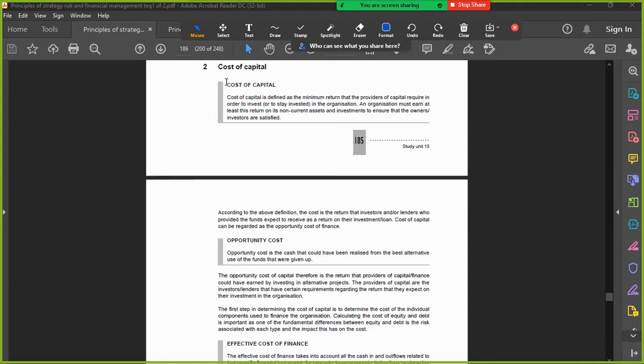Okay, so cost of equity, cost of capital, actually. Obviously, you've got two different costs. You've got debt and you've got equity. Right here, they've just defined the cost. This could probably come up in a theory question, so this could be like multiple choice, maybe. I don't think they'll give this to you in a longer question. In a longer question, it'll generally be